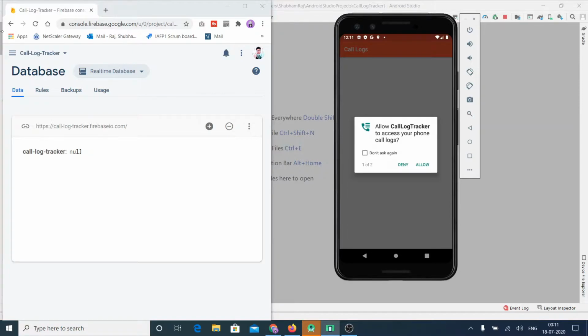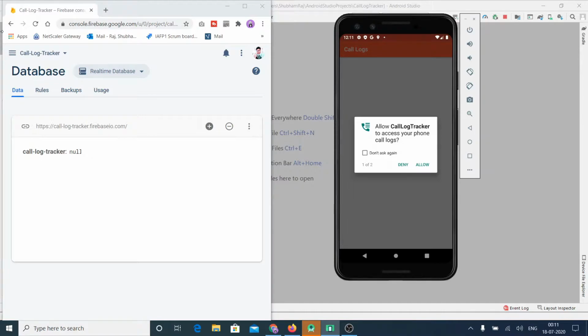So if you are a KitKat or Lollipop user, then your data will be accessed without even giving you real-time permission. So I strongly recommend to all the Android users using Lollipop, KitKat, or any lower versions to please upgrade your phone at least up to the Marshmallow version, so that you will have the option to allow or deny all the permissions yourself. Don't give access directly to any app. I will show you in my video how the lower versions cannot ask for this type of permission. It will not show the dialog.